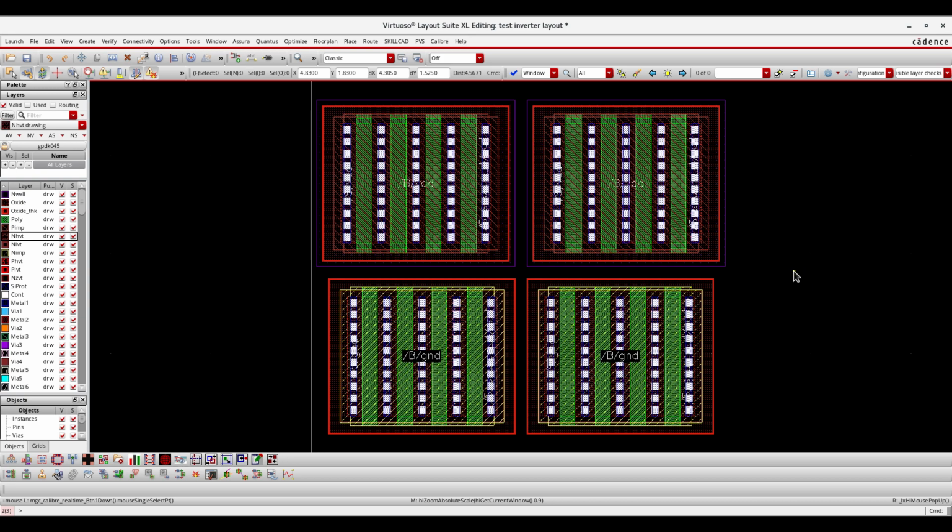So we need to understand the Assura tool also, how the Assura tool is working, how DRC is working in Assura, everything, because Calibre is the standard tool and we have an alternate for Calibre, that is Assura. So in my consecutive videos I'll complete this inverter design, and then we'll discuss what kind of DRCs it is showing and how to complete the inverter layout properly. All those things we'll discuss in our next video.